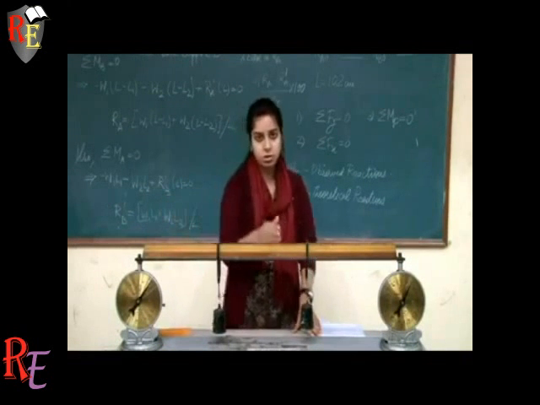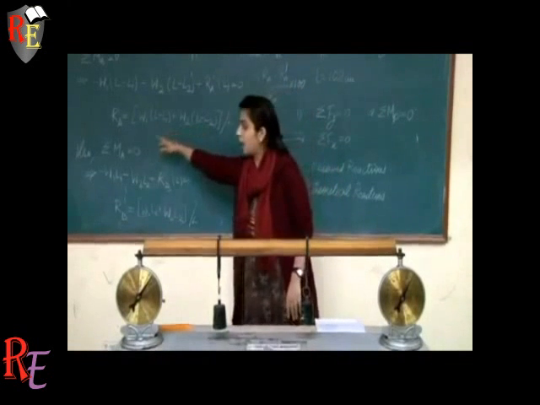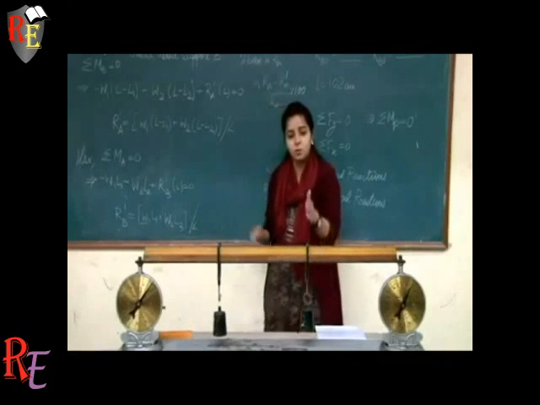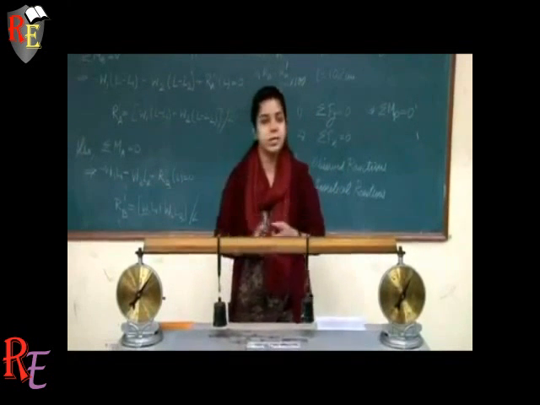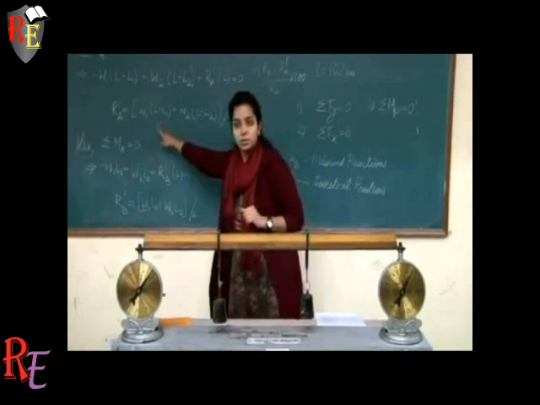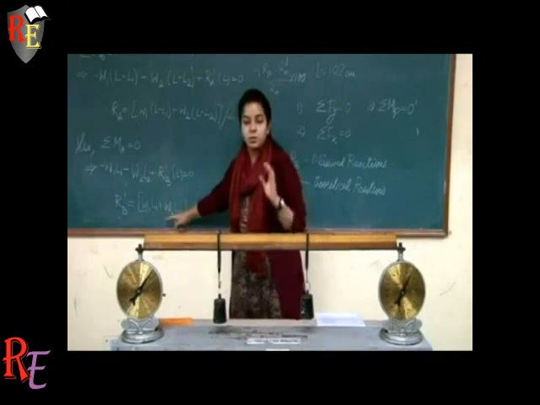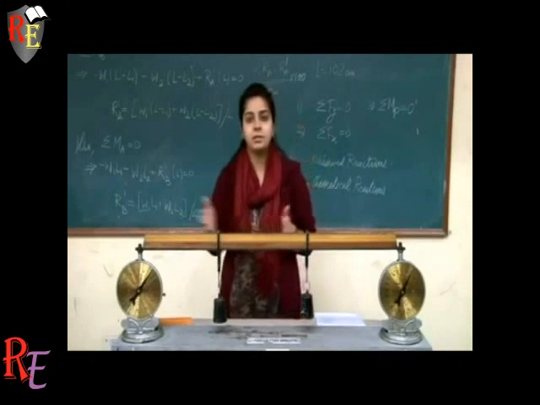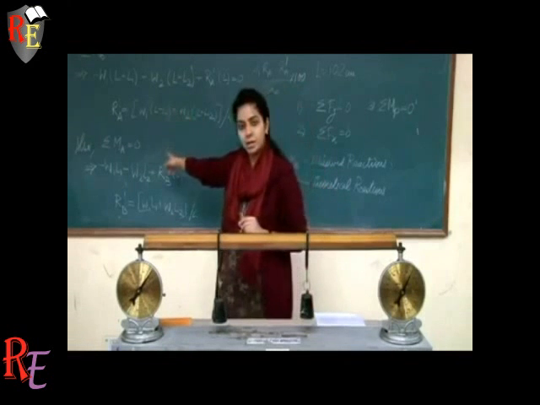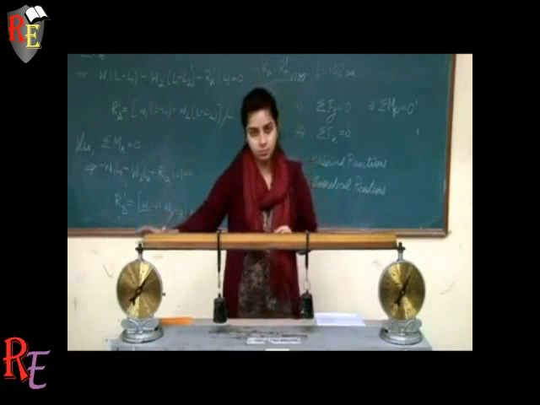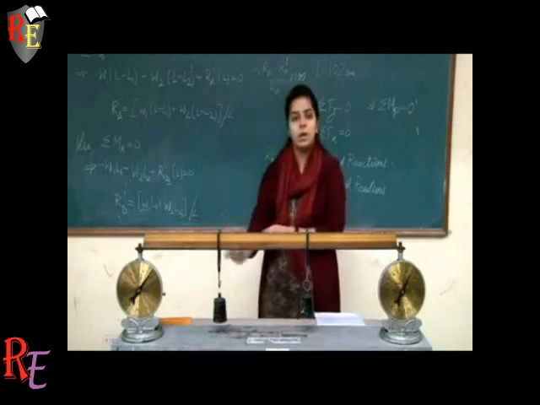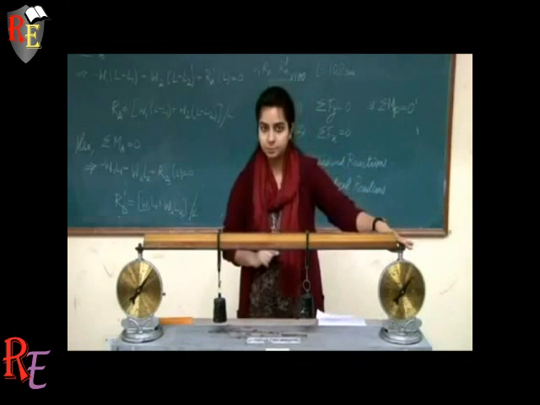Similarly, for the same position, the second step is to calculate RA dash and RB dash, which are your theoretical reactions. Now, for one fixed position, you have 2 sets of readings: observed reactions RA and RB, and theoretical calculated reactions RA dash and RB dash. The main step now is to find the errors in these readings, which is done by RA minus RA dash. That becomes your error in reading from support reaction A, and RB minus RB dash, which becomes the error in reading from support reaction B.